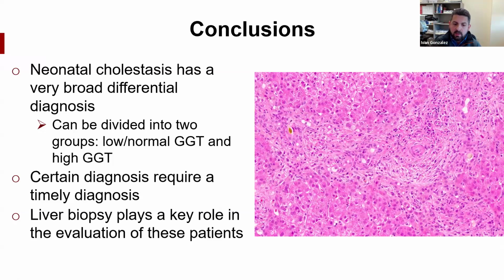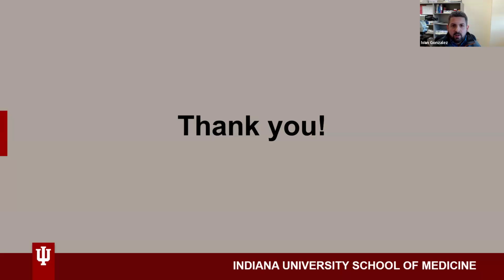I should emphasize, and you probably saw that based on the differential diagnosis of each pattern, you cannot diagnose BA on your liver biopsy. You should diagnose the histology pattern that is associated with BA, and the clinician needs to keep doing their workup. Liver biopsy plays a key role in the evaluation of these patients. When you see these liver biopsies, identify the pattern, and that's how I usually sign them out. I just call it the pattern and signal my differential diagnosis. And with that, thank you so much for your attention, and I'll be happy to take any questions.